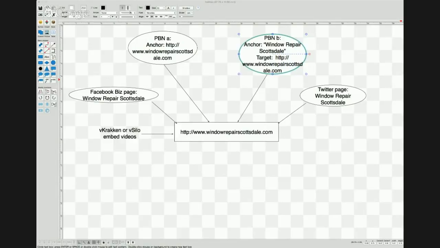Wayne asks, how many pages do you typically set up on a money site before sending links? If I'm doing vSilo, I'll build out a 50-page site in a day, no problem. If I'm building sites out with just regular standard content, I'll build probably 5 to 8 content pages before I really do anything with the links. That's certainly not a rule, but I haven't had any problems building sites out that way.